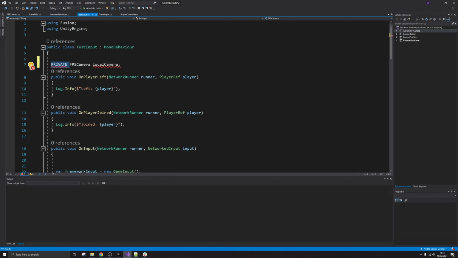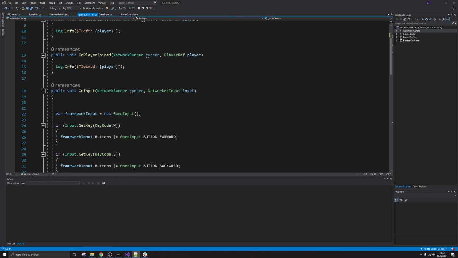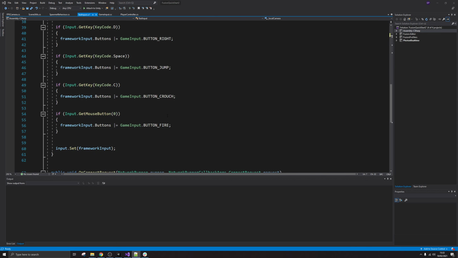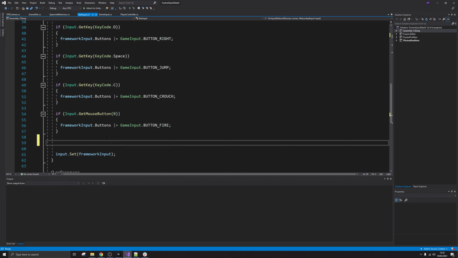Oops, I'm sorry, caps. Let's have a private local camera variable here, the property here. And yeah, I could have used the same idea of scene loaded and so on, but I'm gonna be cheap here. I'm gonna be lazy here, and I'm just gonna copy and paste what I had before, and it will be fine. So we are already consuming the input from the movement buttons here,